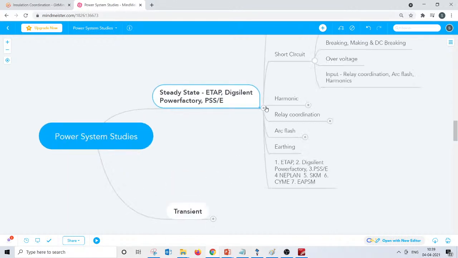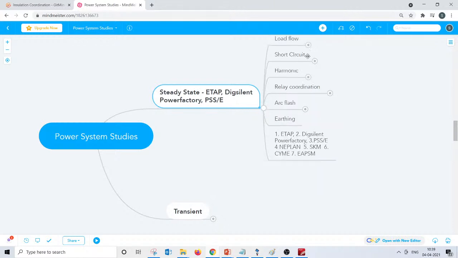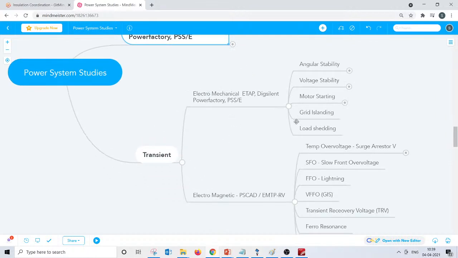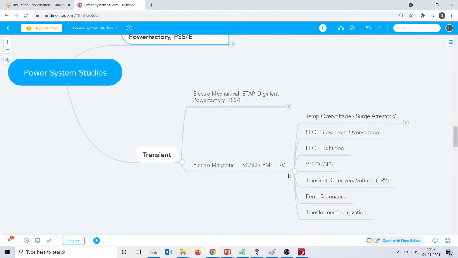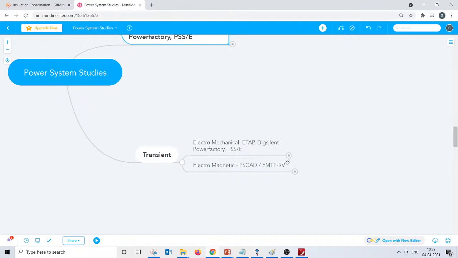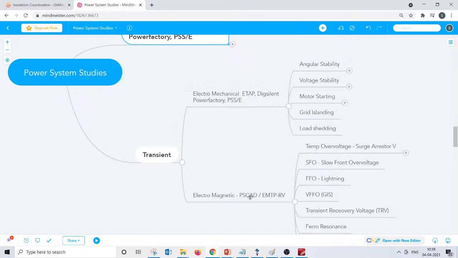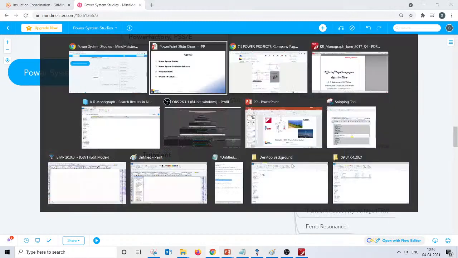In steady state, we have seen different studies: load flow, short circuit, harmonics, relay coordination, arc flash, everything. And transient, which can be classified majorly into electromechanical transients and electromagnetic transients. For electromechanical transients you have options, and electromagnetic also we have many things which we have seen.